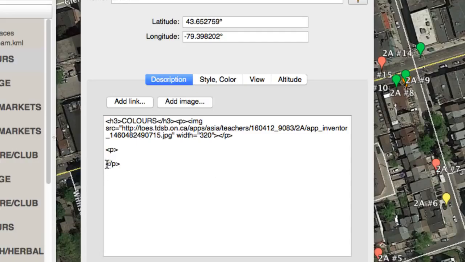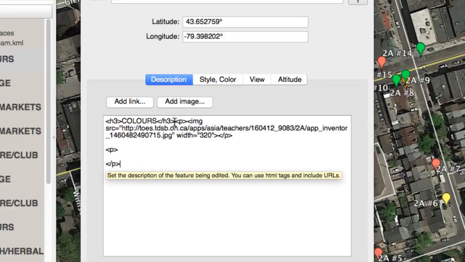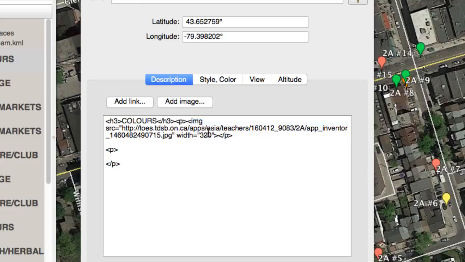Or you can say this is less than and greater than, however you want to talk about those symbols. But this opens our paragraph tag and this closes our paragraph tag, and we can see we have the same P tags up here. We also have an IMG tag, which is our image, and H3 is a header. Anyway, in between our paragraph tag that we just created, we can type in whatever we want to say about this first particular image. Now this was the sign with the colors, so we know we want to talk about colors. So here we can say something like,